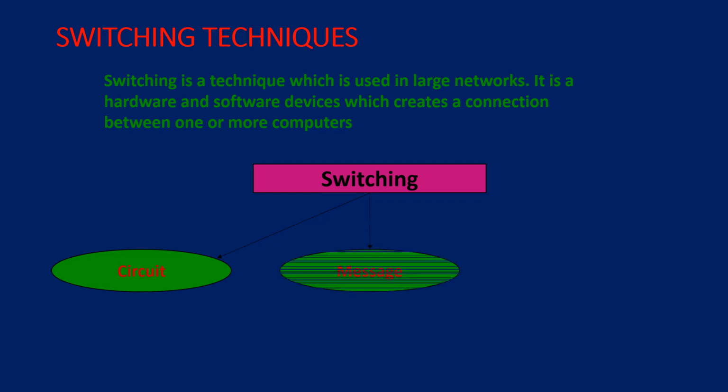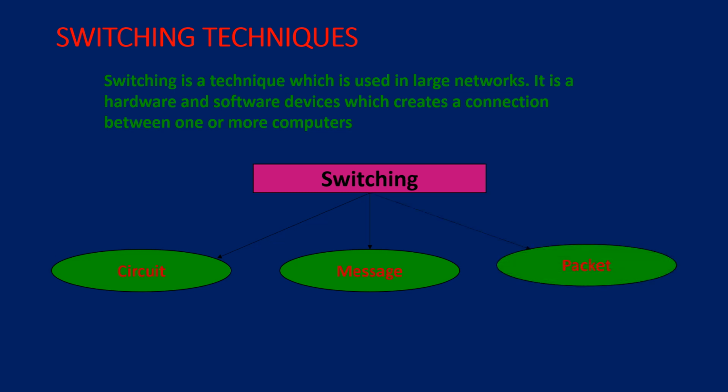And the next one is message switching. Message switching is based on the transfer of blocks of messages from sender to receiver. Firstly, the address of the receiver is attached to a message when a sender has a block of data to be sent. It is stored in the first switching station and then forwarded later. Each block of message is received entirely, checked for errors and then retransmitted. There is no need for a physical connection between the sender and receiver.